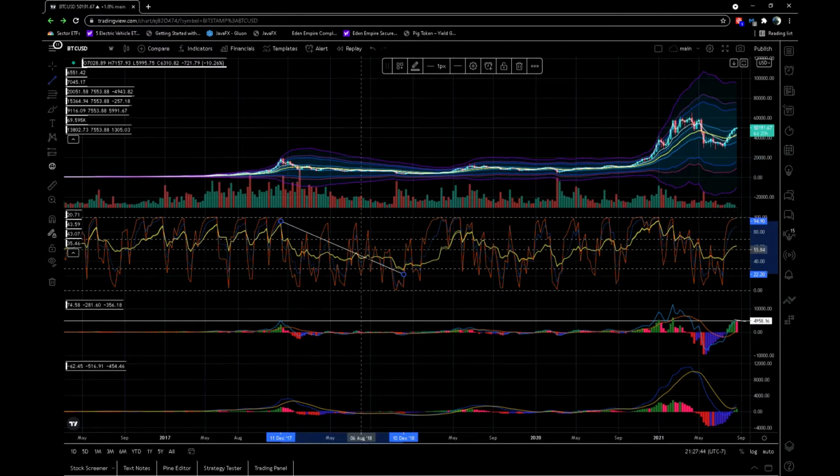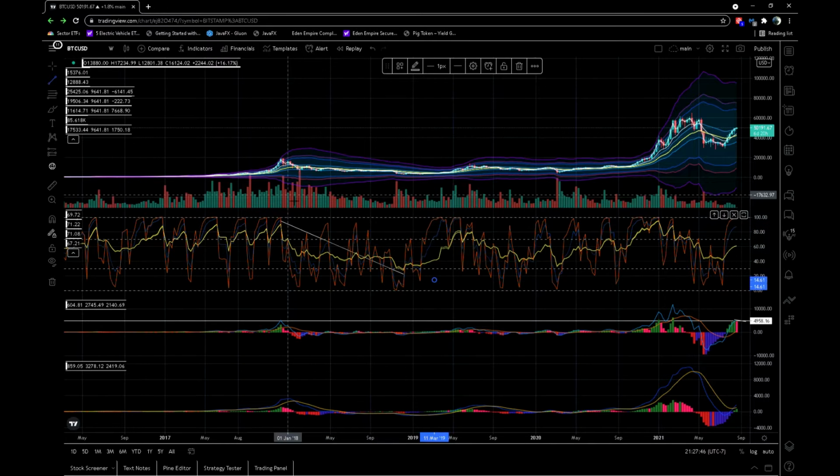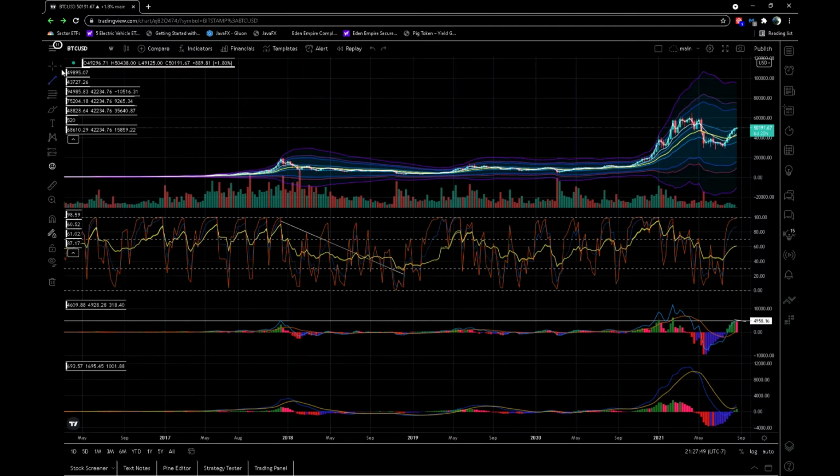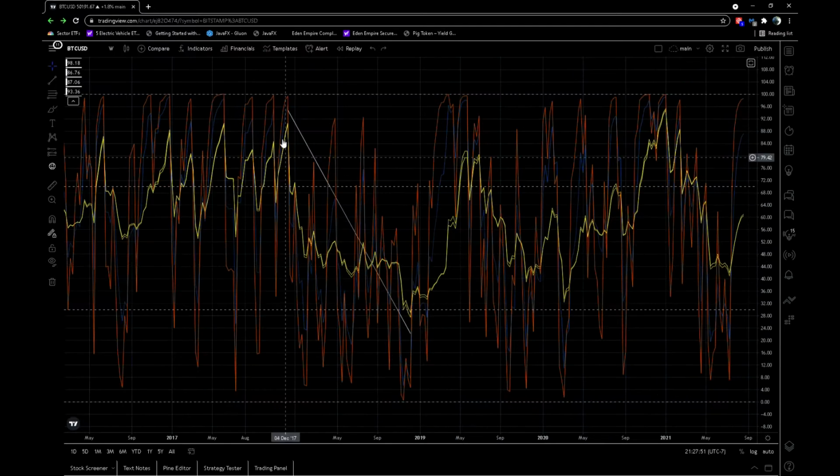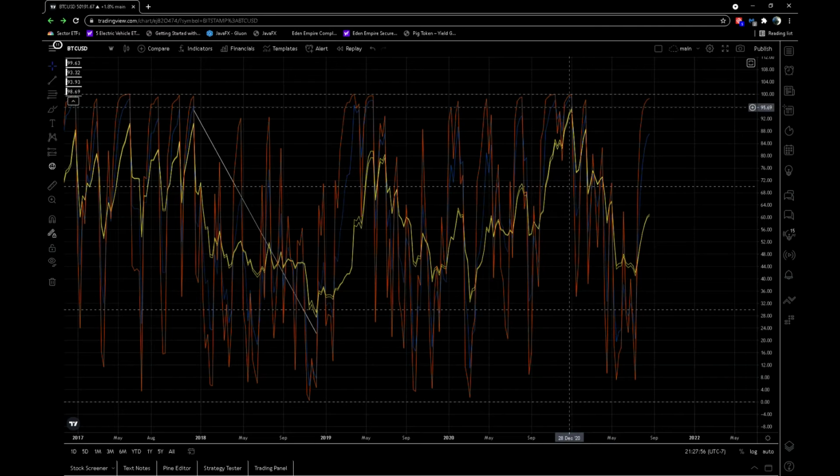So in that period, or that cycle, how far did we go down? So let's have a look now. Where are we? So we did eventually cross back down to the oversold zone on that swing high. To swing low, it came back down to like 27, 26, around there.